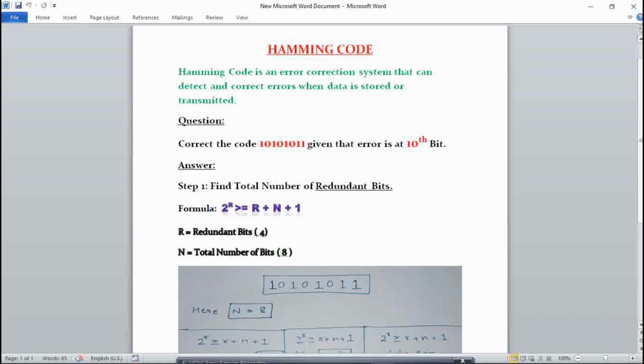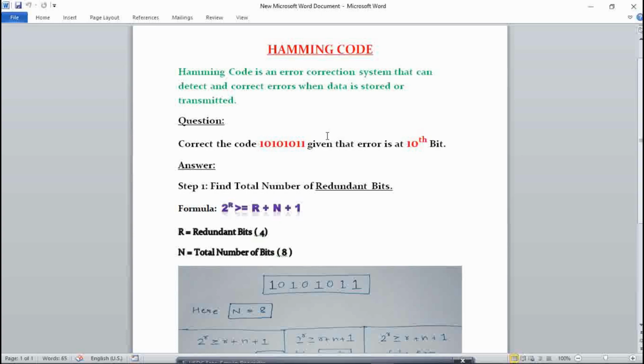Hello everyone, today I will be going to teach you about what is Hamming code. So basically Hamming code is an error correction system that can detect and correct errors when data is stored or transmitted. So this is a question that comes for 10 marks, that is correct this code